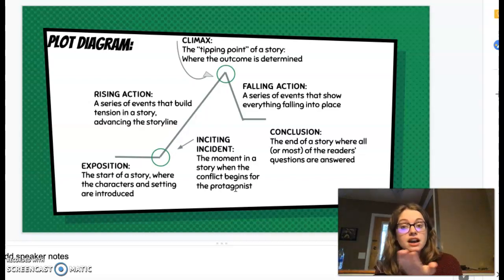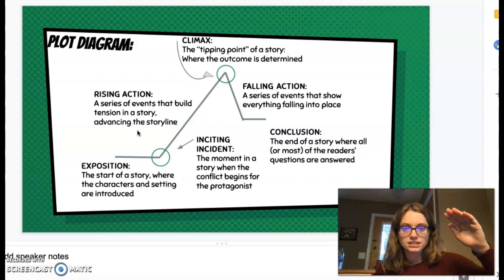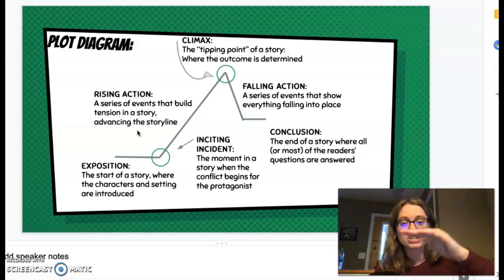So if you're using this as your outline, you're going to write, what is that inciting incident? And then there was a knock at the door, right? That's the inciting incident, when somebody comes to the door to share some news or whatnot. Rising action is a series of events that build tension in a story, advancing the storyline. So first there was a knock at the door, and then we got a letter saying that my brother, who was away in the war, had gotten killed. And then I decided to go to Iraq and try to save him. And then I, and then I, right? So it's just different